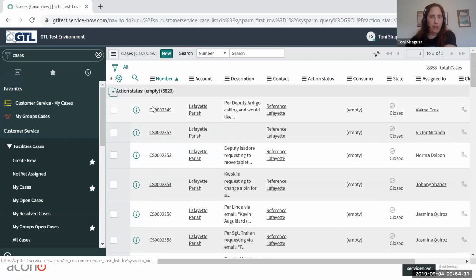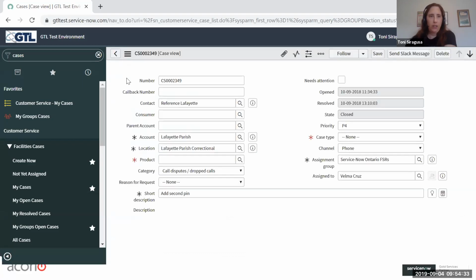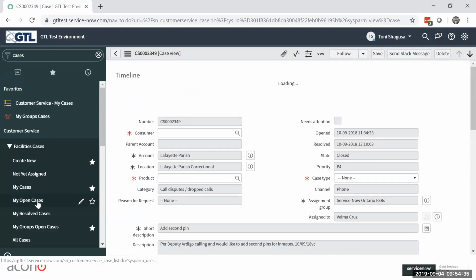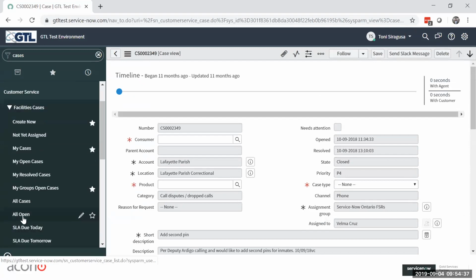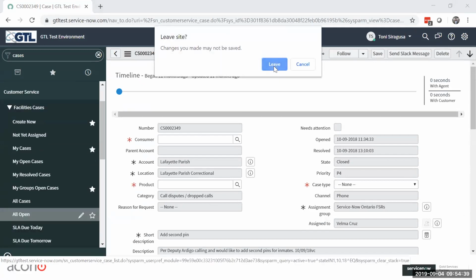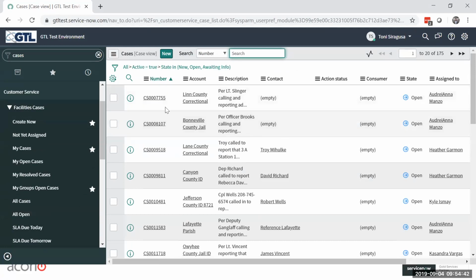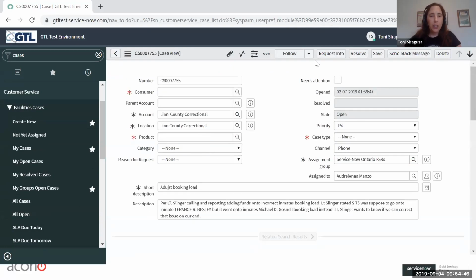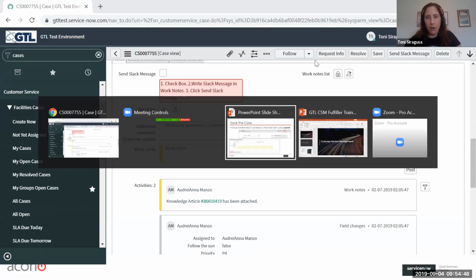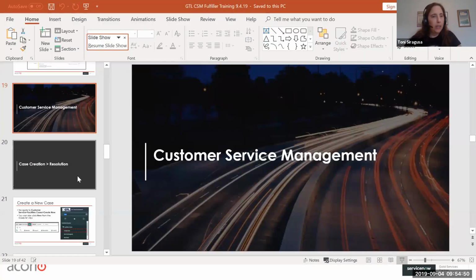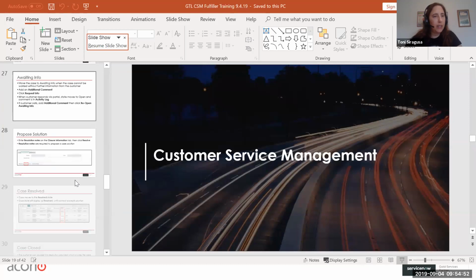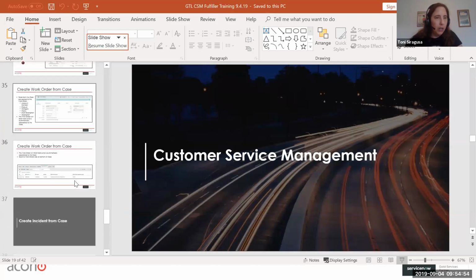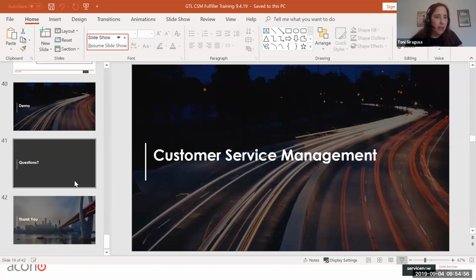All right, we'll do action status here. And then the second part was, does it tell you why it needs attention? Or do you have to pretty much go through it and pick it up? Yeah, so unfortunately it doesn't tell you. What I did provide in the PowerPoint is the definitions list, and it's actually pretty short. So the good news is that